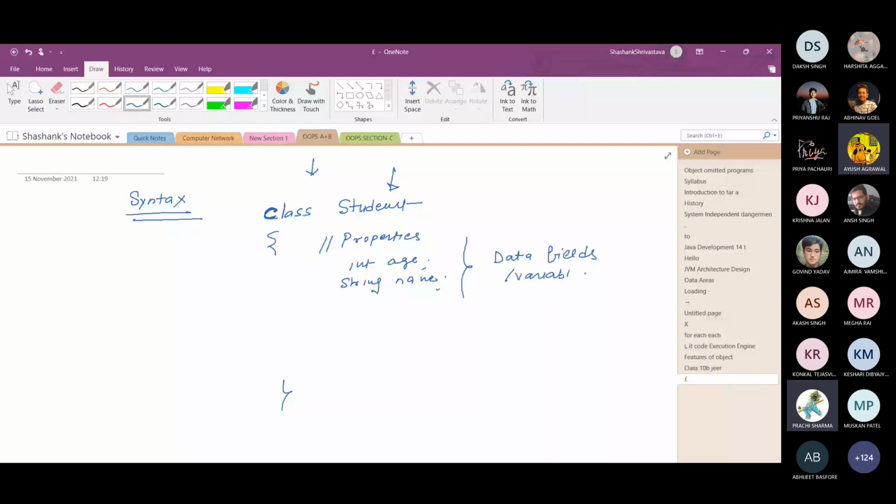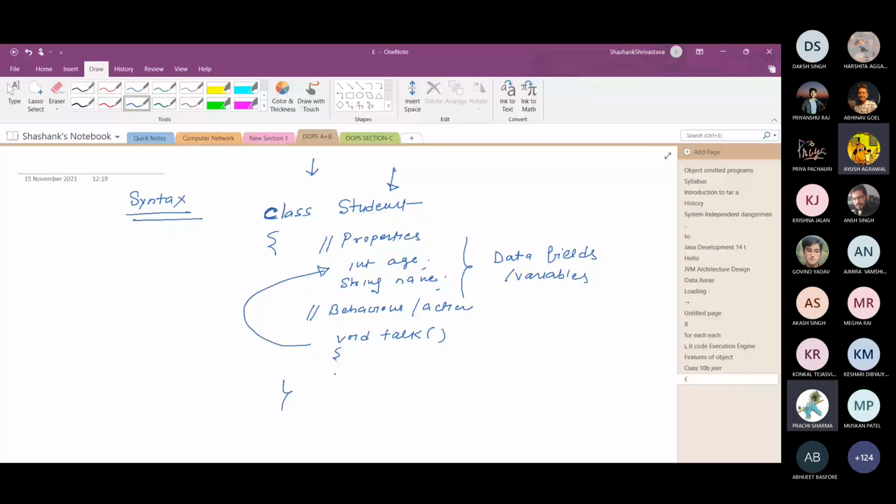This behavior and action is defined by the method. Generally, methods perform operations over the data. For example, void talk is a method, and suppose void read is another method. These two methods define the behavior or action of a student.